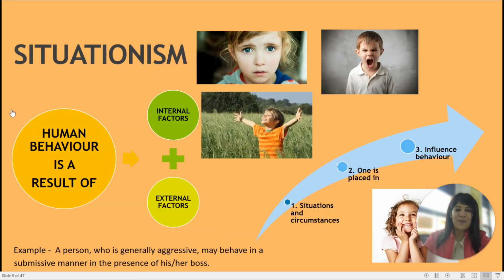Another interesting concept that I want you to explore is known as situationism. Have you wondered why it happens that sometimes you're caught up